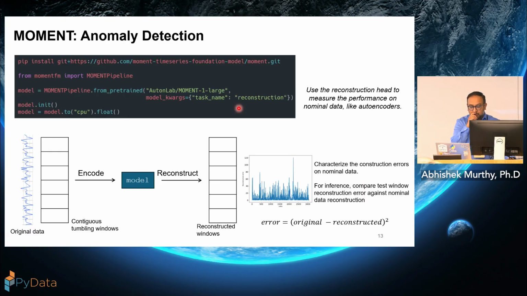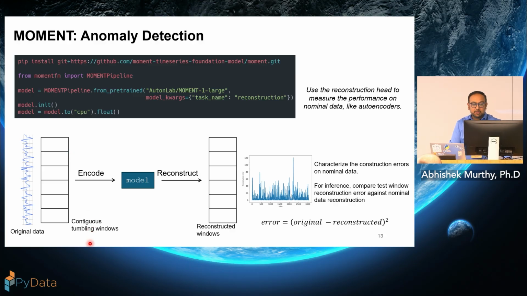How does Moment work? It works essentially as an autoencoder, right? The one that we just looked at earlier in the presentation. So here is the reconstruction specific head that you're requesting, and you can get your model going like this. What we are going to do with this model is take the time series that we are playing with and chop it up into windows. Contiguous windows could work, but if you have overlaps, you of course get more robust performance. So here we're just going to window this data using